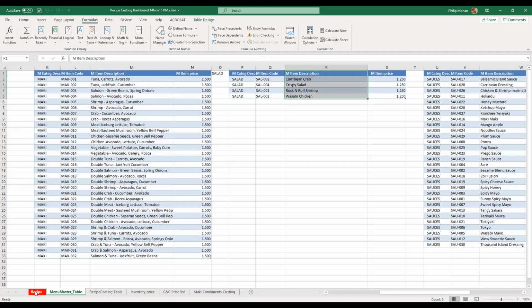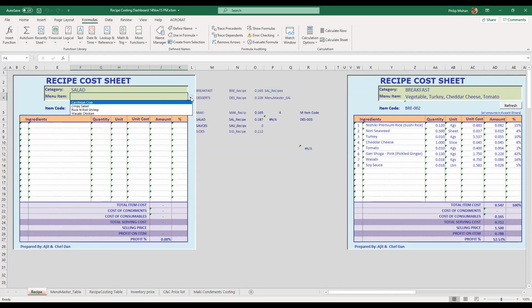That's why you get Caribbean crab, crispy salad, rock and roll shrimp, wasabi chicken. So that's conditional validation, where you always refer to a name.